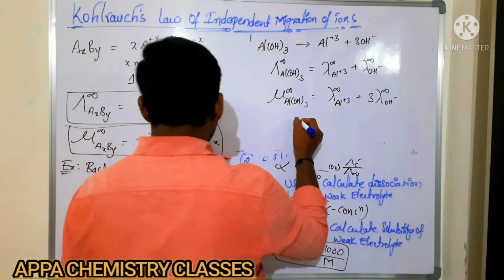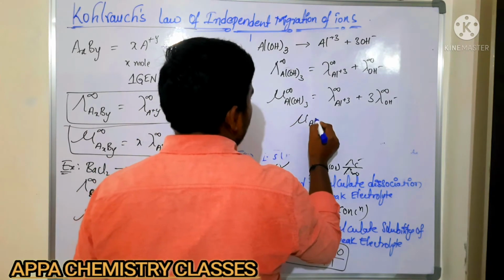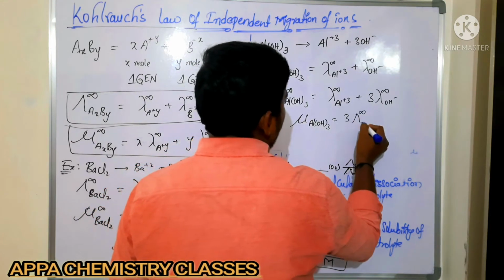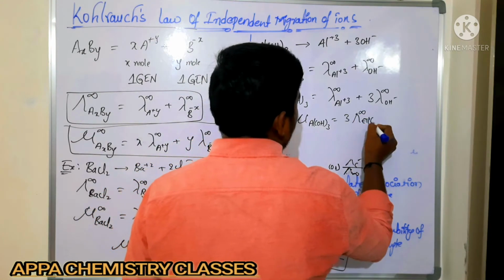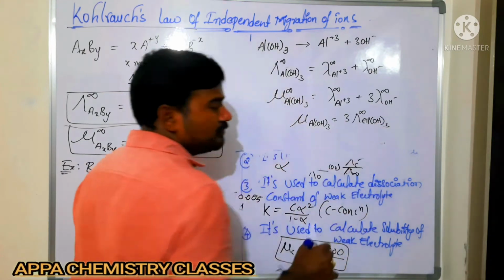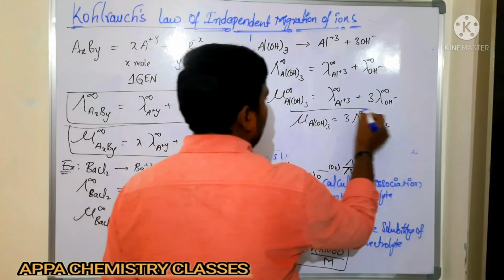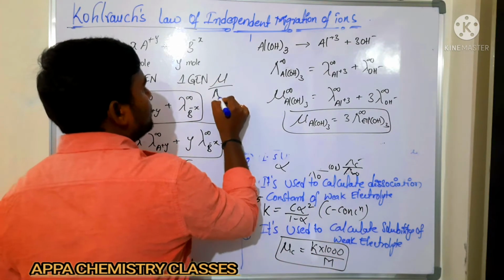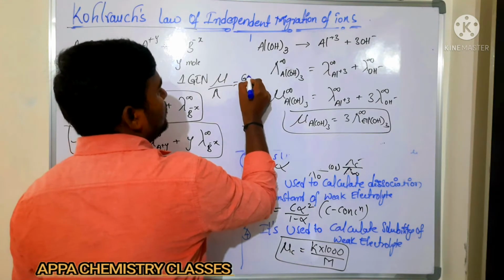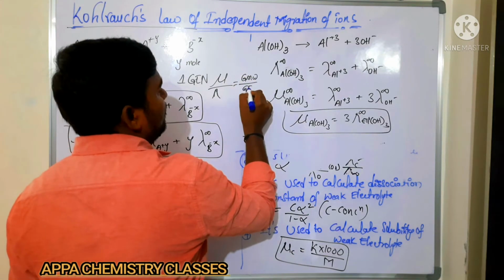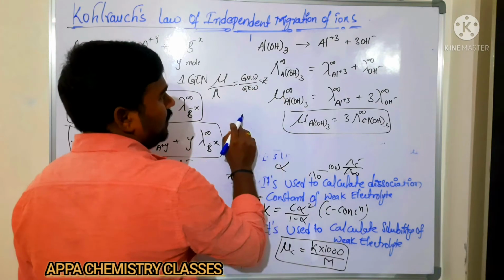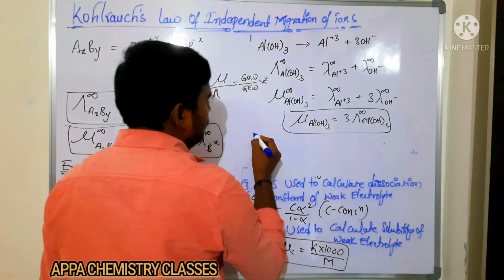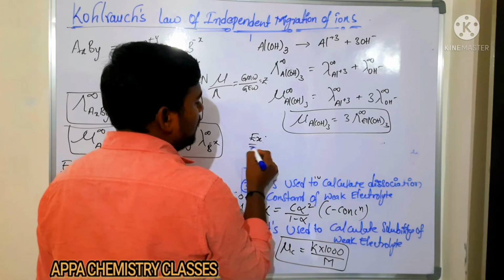Is that clear? Now in this case, molar conductance of aluminium hydroxide is equal to 3 times the equivalent conductance of aluminium hydroxide. We had seen the relation. From that relation we get, because molar conductance by equivalent conductance is equal to gram molecular weight by gram equivalent weight. This is Z we are taking. Z is the n factor. Now one more simple one I am going to say, it is one of the problems which is asked.